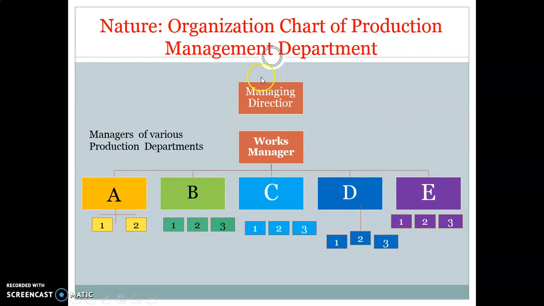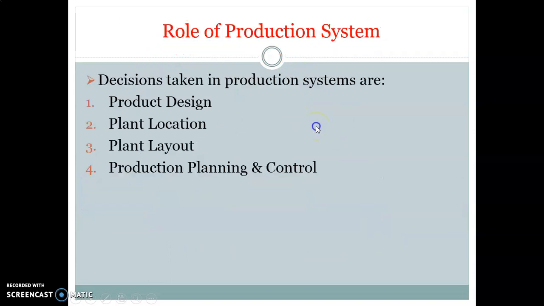So this is the nature or organization chart of the production department. It consists of different hierarchical levels. It is the managing director, under which there are different work managers. We have taken one example. Suppose this is the quality manager. Under him there are a few subordinates, working on the machine shop or assembly line, right? They are quality inspectors on that particular line, and it is controlled by this quality manager. So this consists of the nature of this production department.